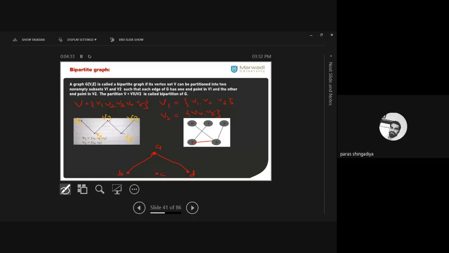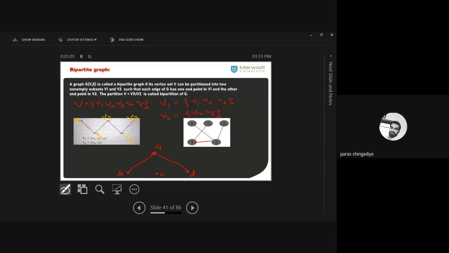So can we say this first graph is a complete bipartite graph? Which edge is missing? V1 to V5 is missing. Okay, every vertex of this side, here there are three vertices and in front two vertices, so every vertex of this side should be connected to every vertex of the opposite side. So V1 to V4 is an edge, but this edge is missing. Okay, V1 to V5 and V3 to V4 are also missing. So if they were there, we could say this graph is a complete bipartite graph.